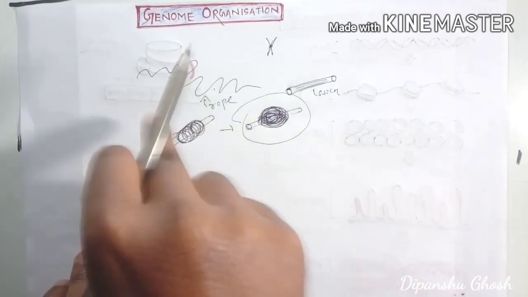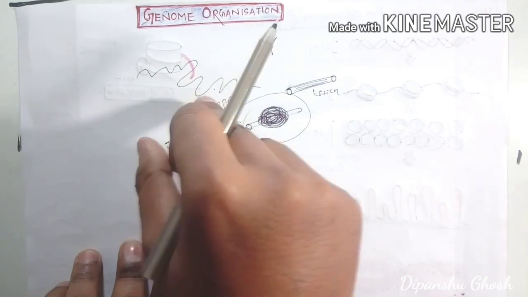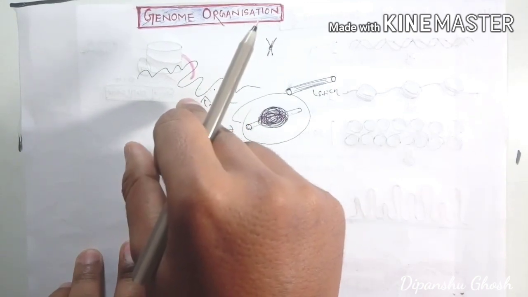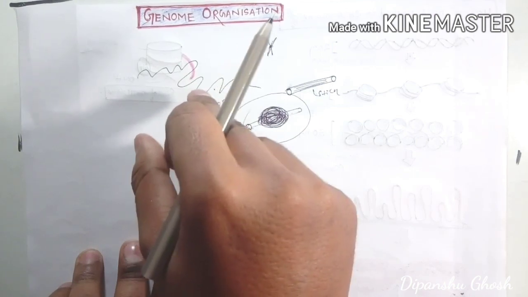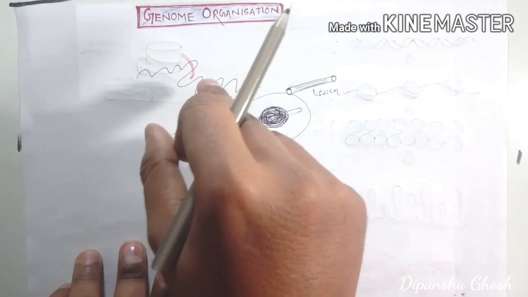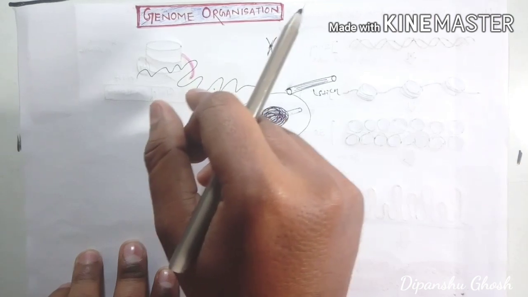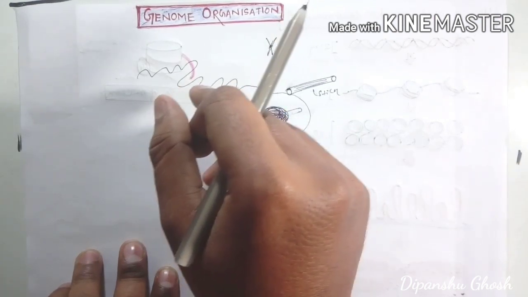In this way, the eukaryotic cell has developed a method so that the long chain of DNA can be packed into a very short chromosome, as you see, so that no genes are left out, right? As you know, DNA is the genetic material, so it should contain all the genes possible, right?